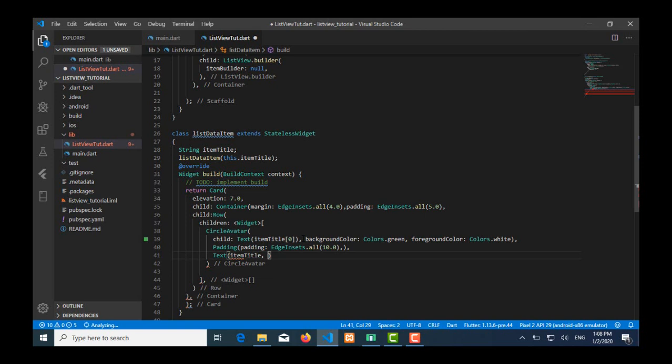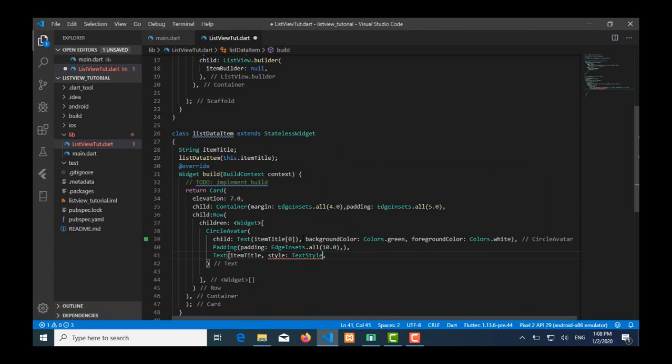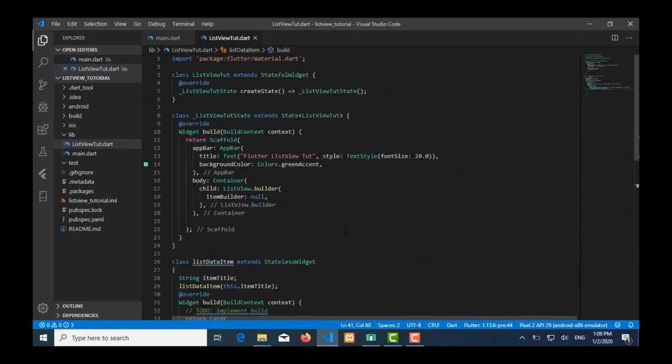And let's apply some style here. The style is TextStyle, which is font size. I'm going to use 20, and that's all right. Here we complete all of the things, and let me define